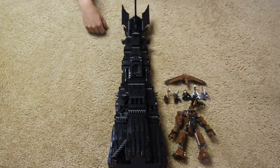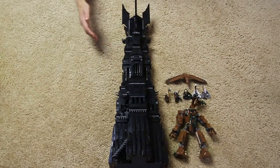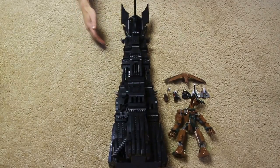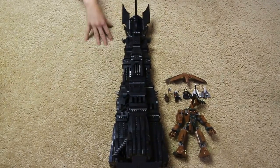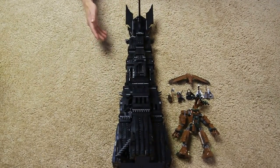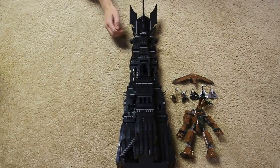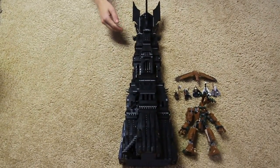Because this will be off the shelves soon, within about a year. And all these characters and all these things that are in here are going to be very rare and very limited edition, and it's going to be awesome that you have this, and it'll be worth a lot one day. So, if you have Lego Lord of the Rings and you're a collector, I highly advise adding this to your collection. Anyways, I hope you've enjoyed this in-depth review of the Tower of Orthanc from Lego Lord of the Rings